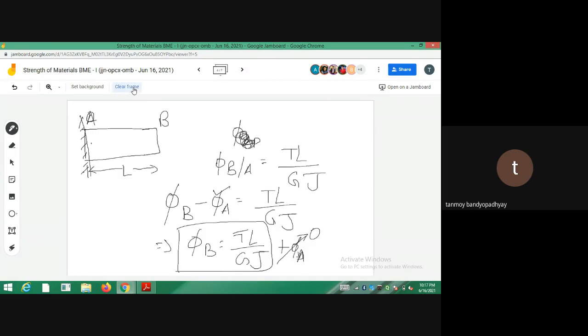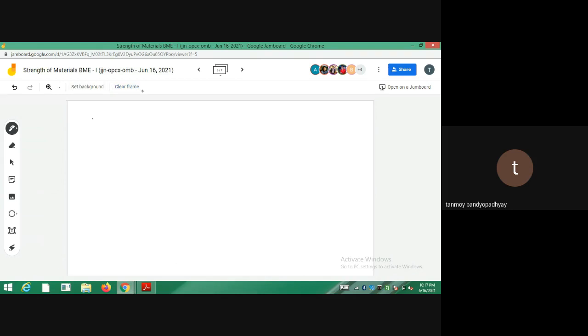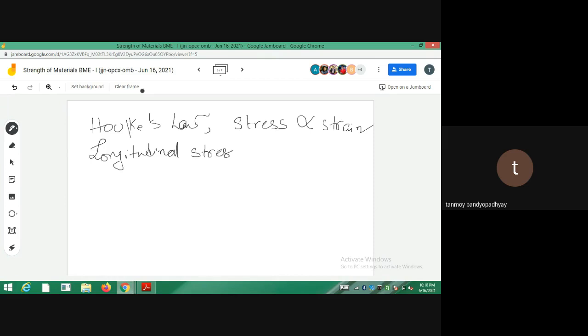As per the Hooke's law, within the elastic limit, the stress is always proportional to the strain. Stress, as we know, is of two types. One is the longitudinal stress and the other is the shear stress. The longitudinal stresses are sigma x, sigma y, all those things, I mean the normal stresses. So whenever you are considering the normal stresses, sigma is proportional to epsilon. This is the expression that we write for normal stresses.